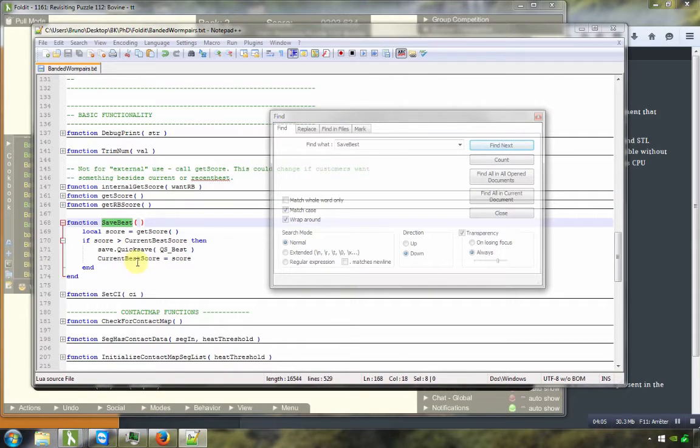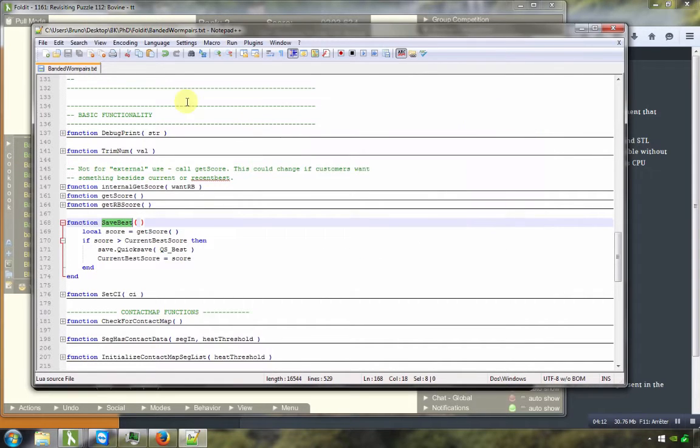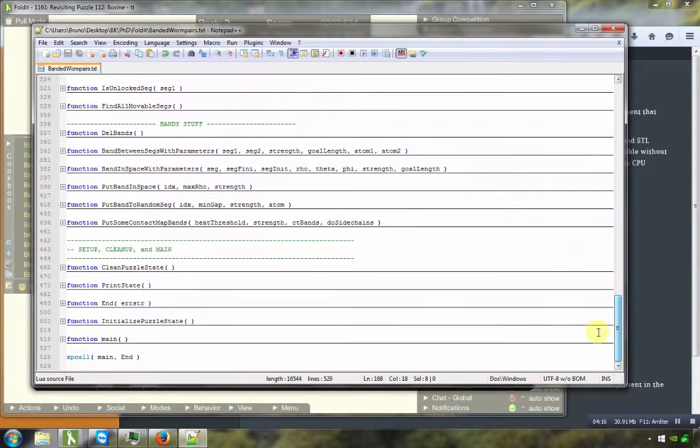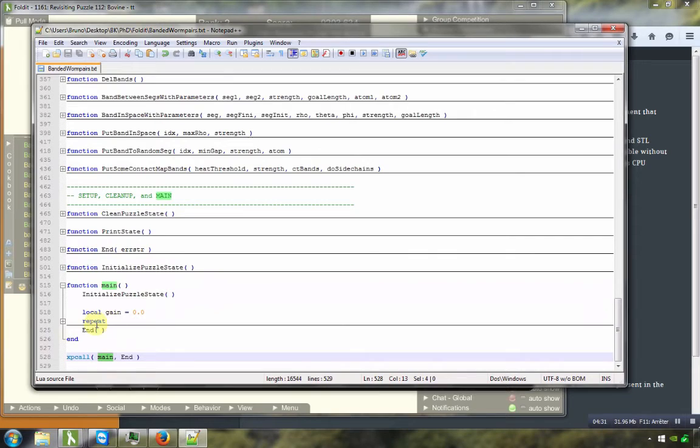Now at the end of the recipe, we call the program, and then we can call any function here. In this situation, it calls main. Okay, the function is called main. We will see what it does. So after calling main, it goes in the first line, initialize puzzle state. This is a function. We will not go to see it. And then it will repeat sometimes the same things until no gain.